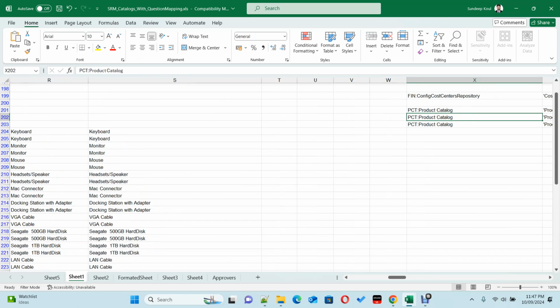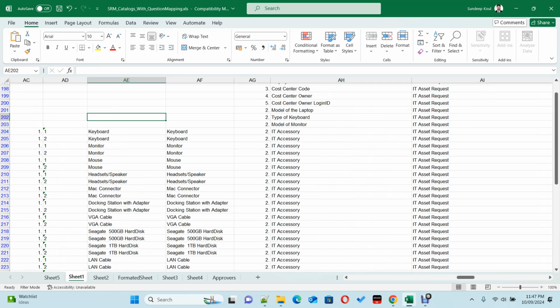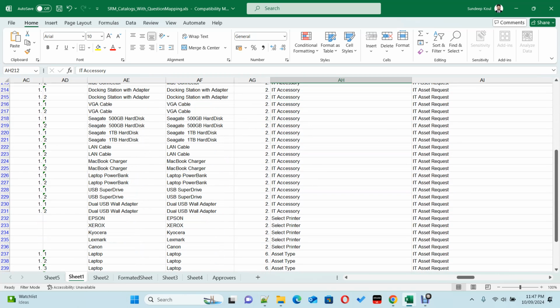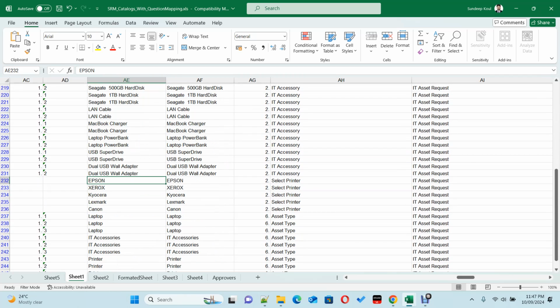Now if there is a static menu, as I said, for any field, that will be displayed here in the next section. For example, this IT accessories, it has multiple options here as static menus, that is why it is displaying them here. Similarly, select printer, it has these as static menus. Then asset type, it is also a condition based on which we have laptop. Okay,